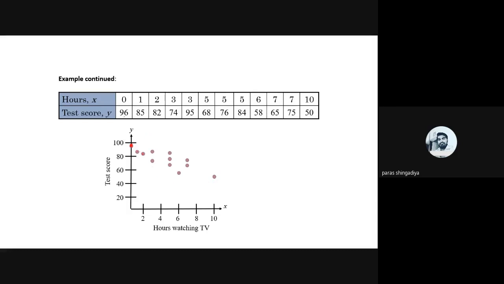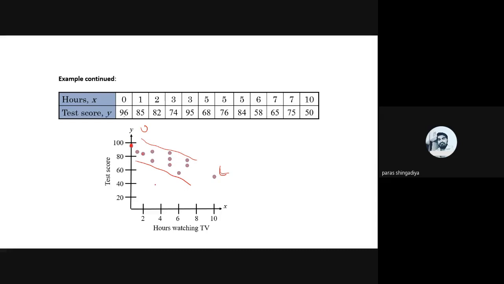Here we cannot plot this data on a straight line. Clear? This data will not fit on one straight line, which means it is not a perfect negative as well as perfect positive correlation. But we can fit this data in a narrow strip, and it is falling from the upper left hand corner to the lower right hand corner. So what does it mean? It is called a high degree of negative correlation.